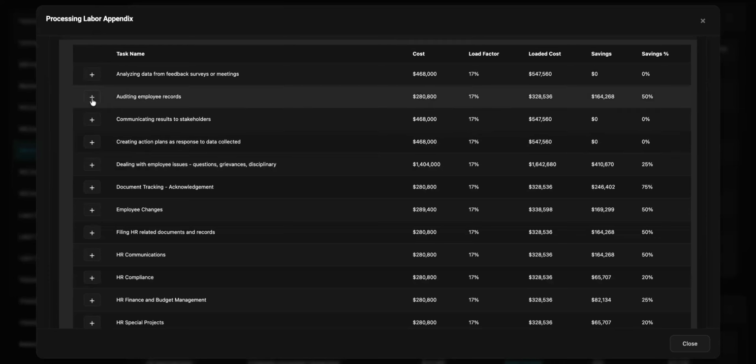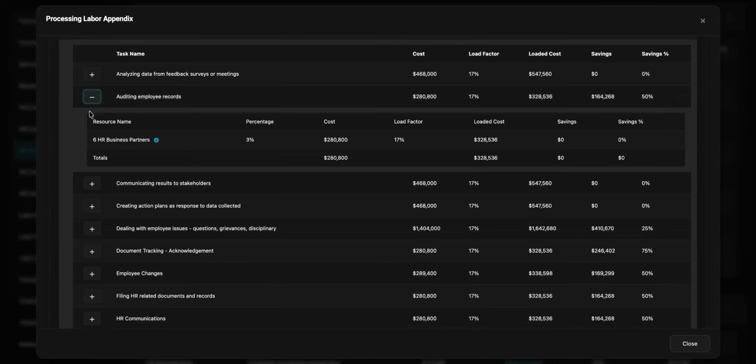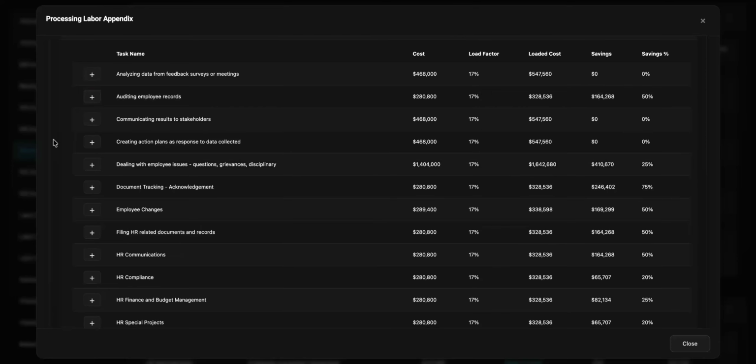I can look at something like auditing employee records and see that I have 6 HR business partners that spend 3% of their time. That's this cost based on their salary and load. Here's the amount of value of that work and so forth. Even in